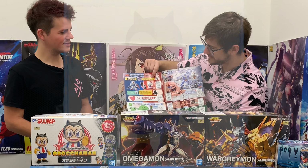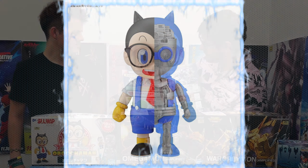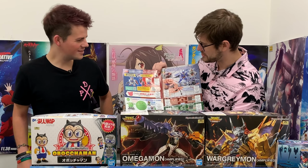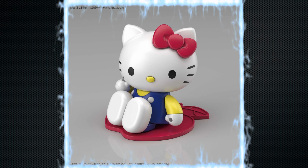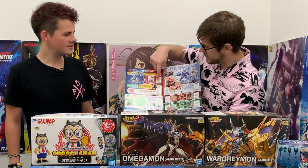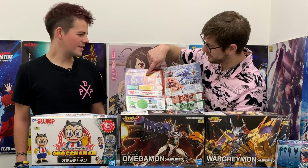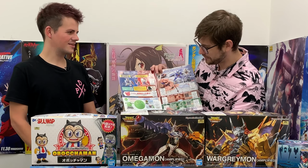So going on here, it looks like we're getting a Hello Kitty kit in the Figurized standard line. That's kind of cool. I'm actually kind of looking forward to building a Hello Kitty. It doesn't look like it has much articulation. No, it just looks like a sitting figure. Maybe it's just 2 different bodies, and you pop off the head and pop it on the other one. It says it's like a secret type of thing, so maybe you can combine the Hello Kitty head on top of the RX-78. It kind of looks like that's what they're going for here. But also,